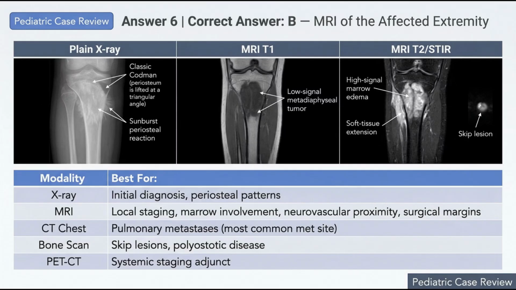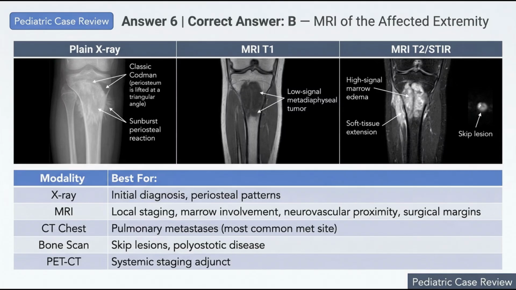Magnetic resonance imaging is the gold standard for local staging of osteosarcoma. It provides the most detailed information about intramedullary tumor extent, marrow involvement, neurovascular proximity, soft tissue extension, skip lesions within the same bone, and surgical margin planning. On T1 sequences, the tumor appears as a low-signal metadiaphyseal mass, while T2 and STIR sequences reveal high-signal marrow edema and soft tissue extension. Plain X-ray remains the initial screening tool and shows the classic Codman triangle and sunburst periosteal